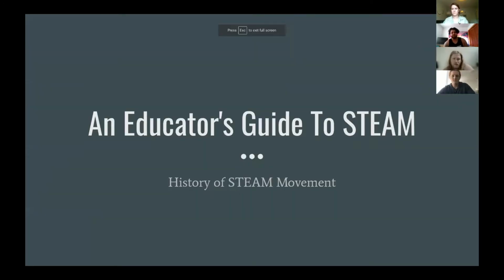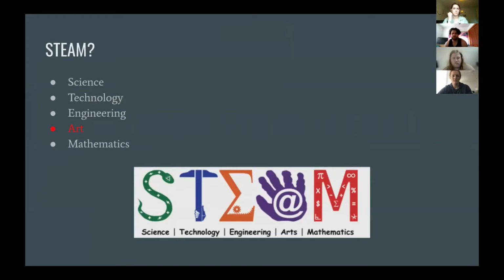Okay, so I'm just going to do a brief history of STEAM and the entire STEAM movement in general. So what does STEAM stand for? Science, technology, engineering, art, and mathematics. If this sounds similar to any acronym you've heard before, it's STEM, which is science, technology, engineering, mathematics. What STEAM did was incorporate humanities and fine arts in order to get science, technology, engineering, and mathematics closely related to real world life and just kind of opening up a wider audience to it.